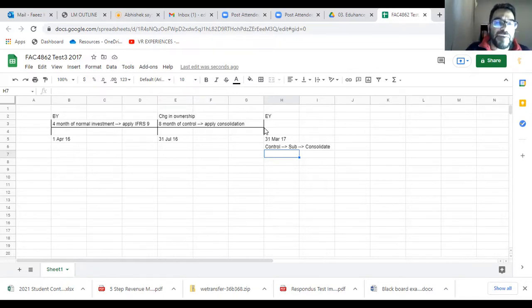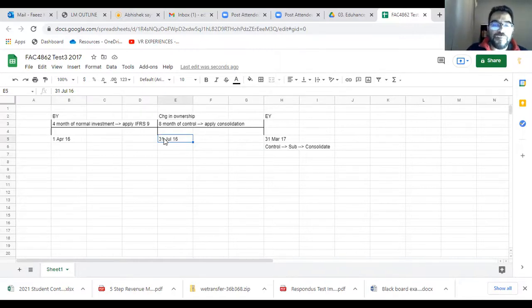What do I have in my income statement? Before and after change in ownership. What do I have on my balance sheet? At the end of the financial year. It depends on the nature of the investment. The next big thing is the transactions that need to be recorded at the date of change in ownership, at